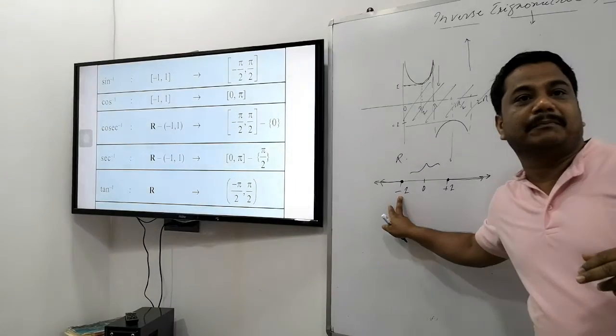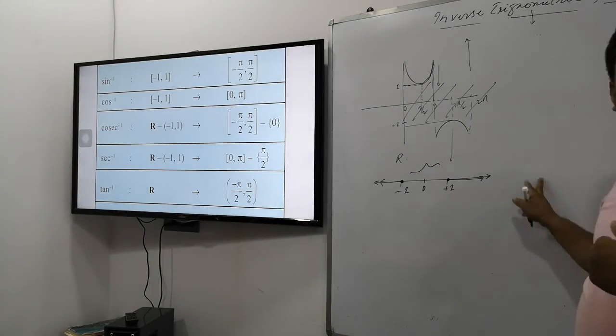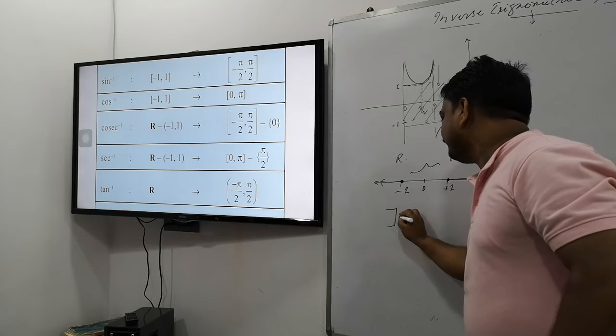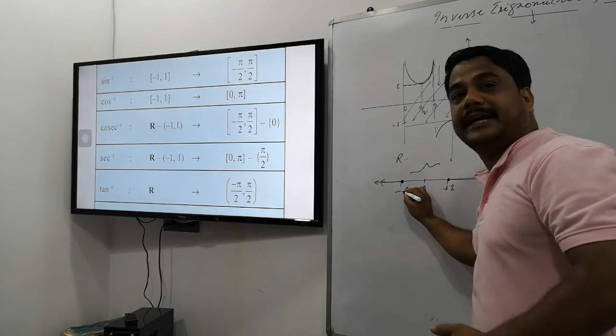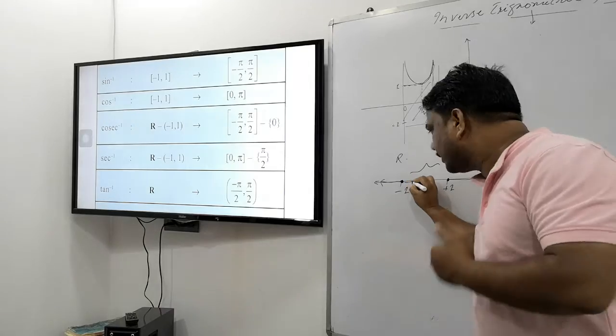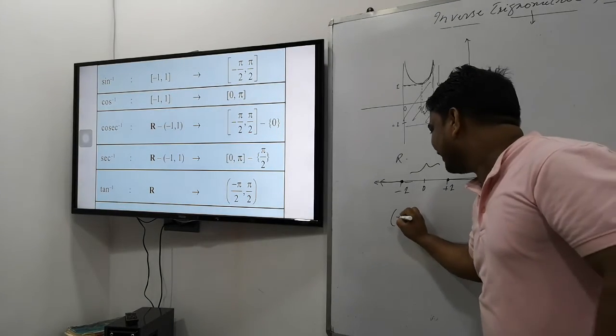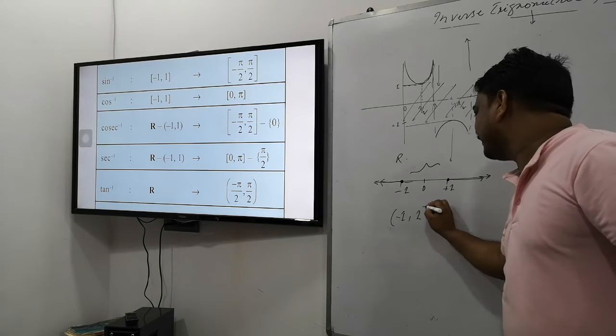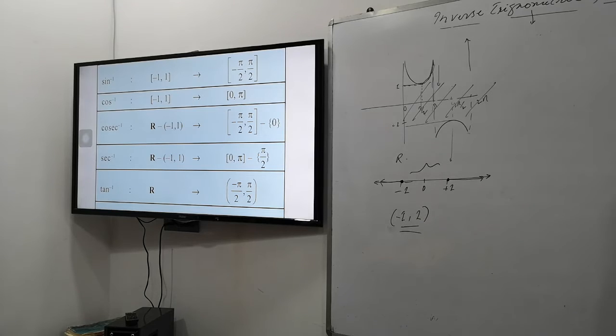So minus 1 and plus 1 are coming in the range. So what is not in the range? We will speak here: this is what is not in the range. So 1 and minus 1 are in the range. Very close to the right, it means it is an open interval. Is that clear or not? It means 1 is not to be included in that. And here plus 1. So, excluding these values, all real numbers are the range. Clear or not? For what function? Cosec function. This is its range. For what function? Cosec function.